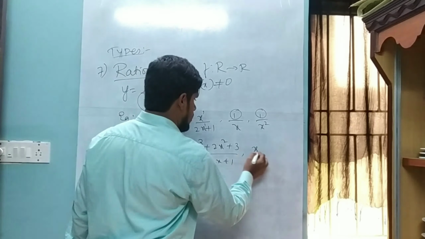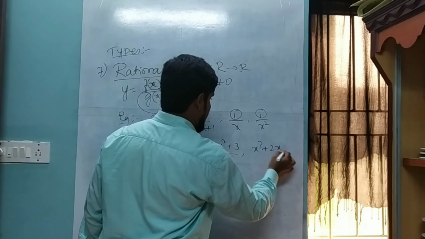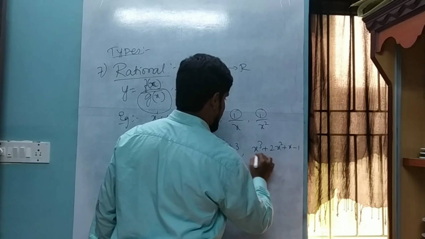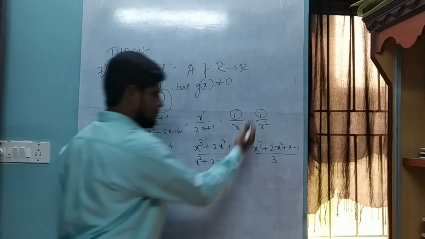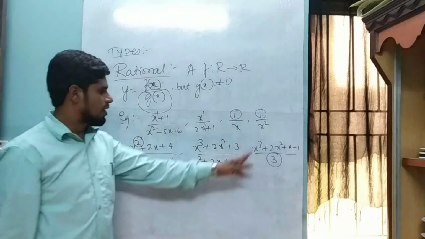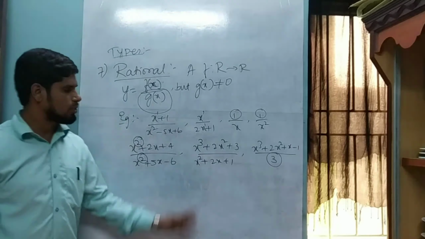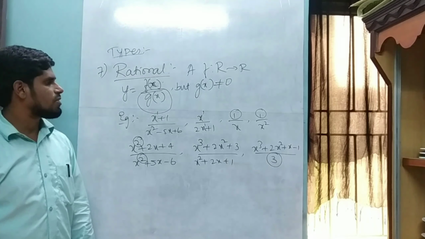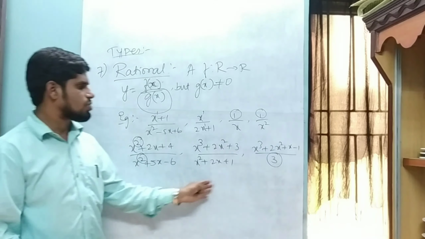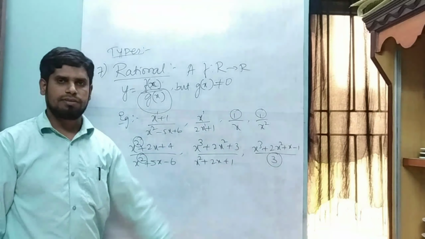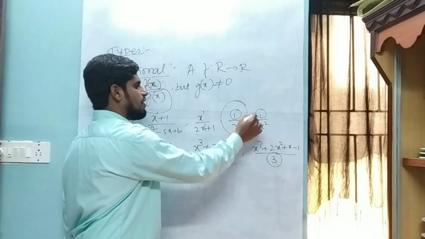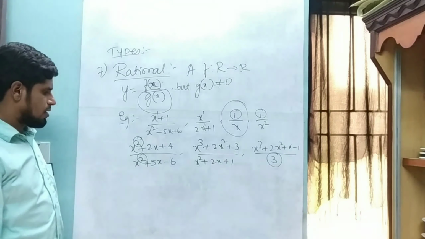So how about this? Yes, of course. Where g of x is a constant function here, f of x is a cubic polynomial. That's possible. All these are examples of rational functions. And the graph also depends on what function you have taken. Generally, to explain the graph of this function we will take 1 by x.